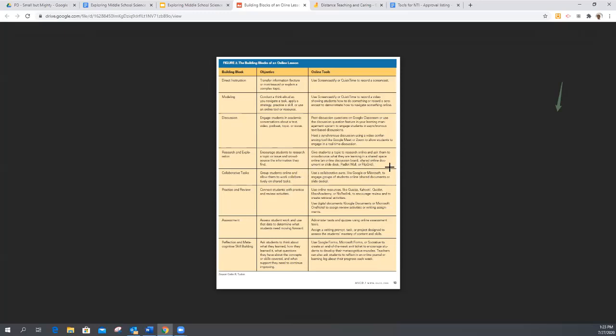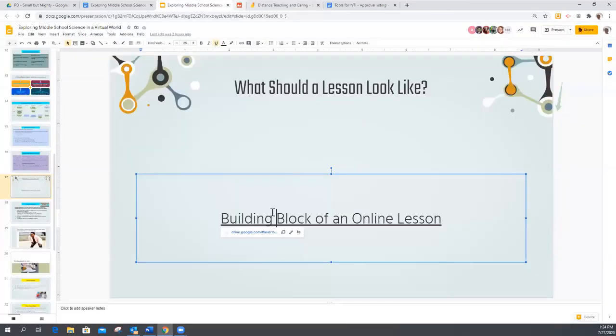So be really careful with that. Some of the resources that we recommended during the spring NTI, like I said, are no longer free. So just make sure you pay attention. This is a document that you could use to look at a potential lesson. All right, going back.